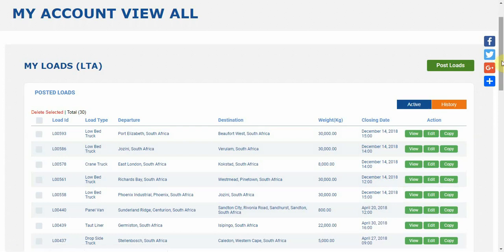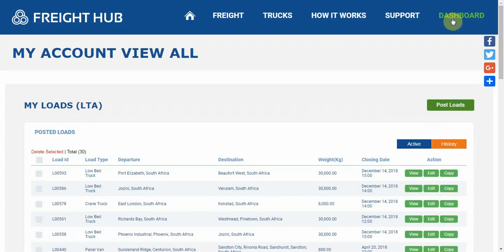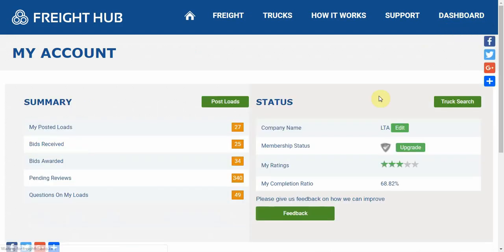Once the loads are posted, I would be able to accept bids, but we will show this in another video. Now, as you can see, the bids that have been received are sitting in there. The bids I've awarded are there, the pending reviews are there, and the questions that have been asked on my loads are sitting here. So if I go under the bids received,